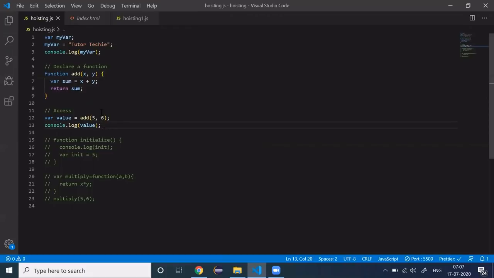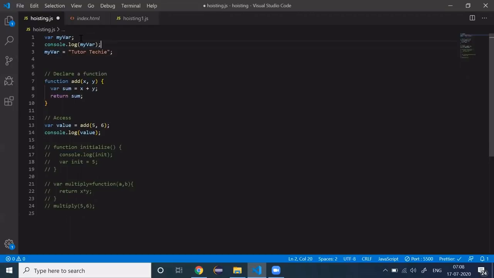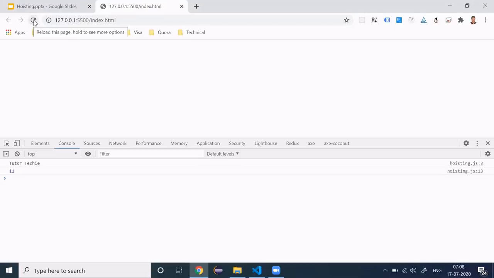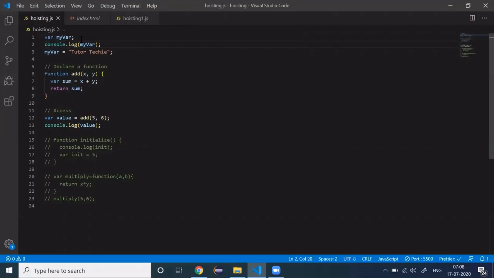Now let's play around with the code. What I will do is move this line over here and try to run it. Let's go back to the browser and run it again. You see, now it is coming up undefined, because in the creation phase the value is created and set to undefined, and in the execution phase, before assigning the value, we are trying to access it. So that's why the value is coming undefined, because in the creation phase we have set the value to undefined.